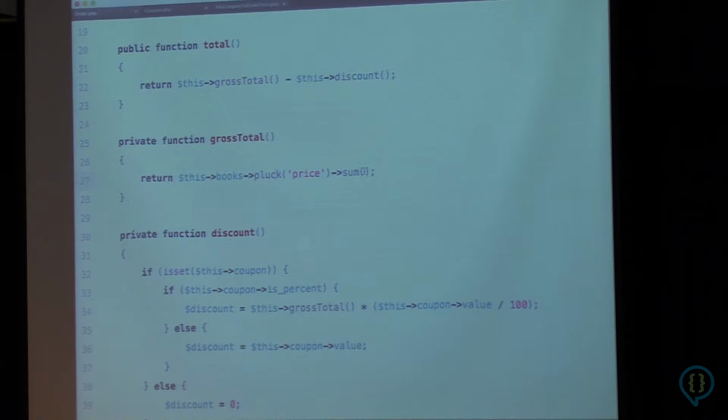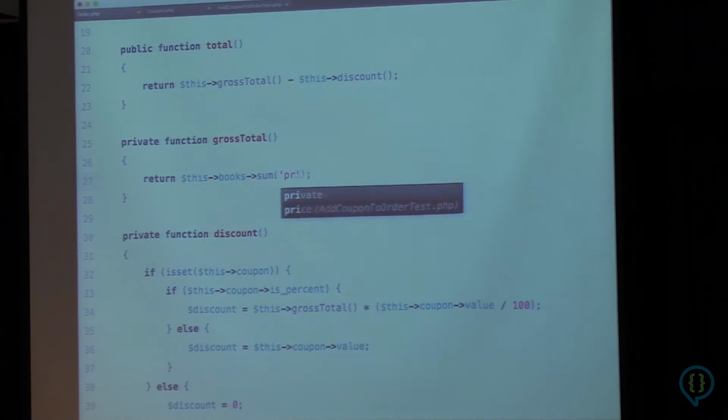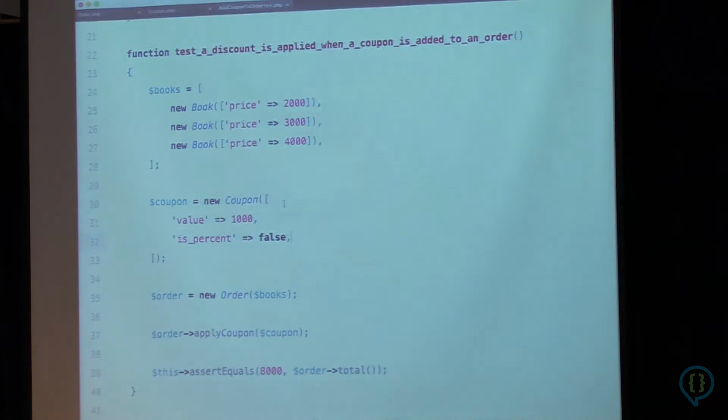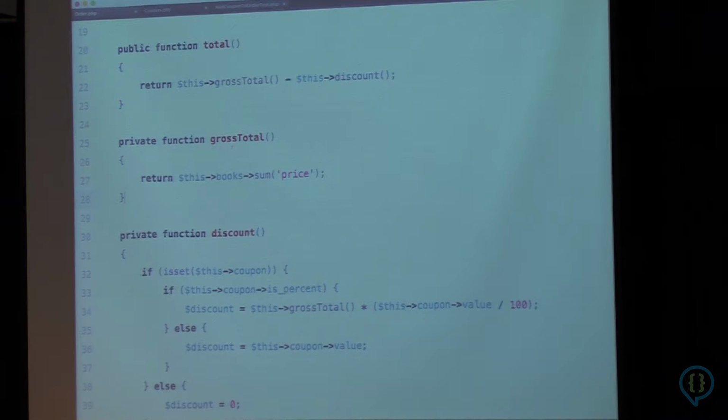Conveniently, sum also takes the same parameter that pluck takes. So we can actually remove the pluck call entirely and just call sum and pass in the price. Now if we run the test again, we're still green. And now, instead of that 9-line function where we're initializing a variable to 0, looping over all the books and tallying them up and then returning it, we can just say, take all the books and sum up the prices.